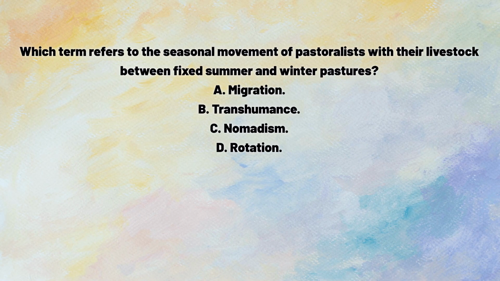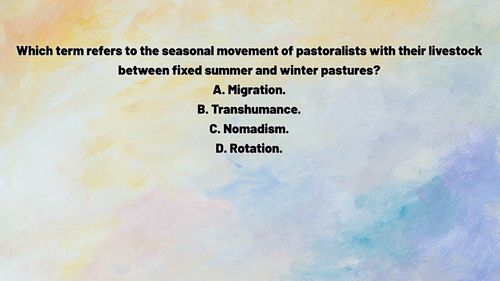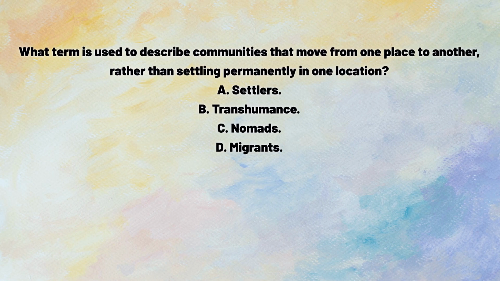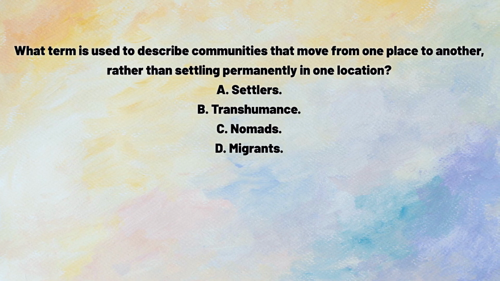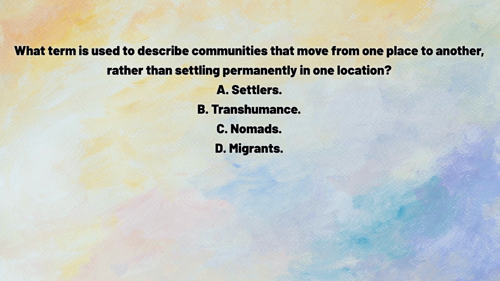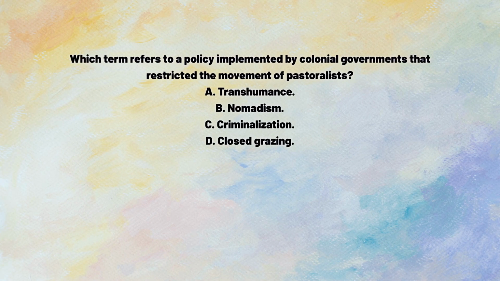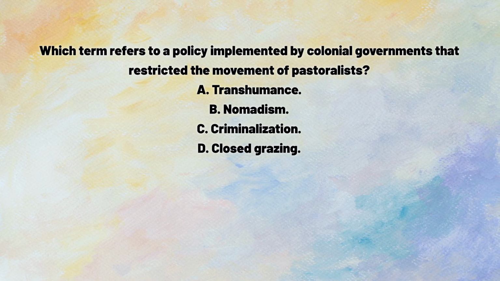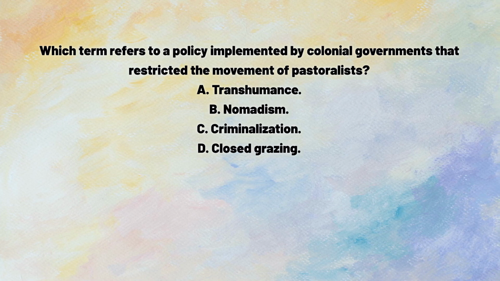Maasai. Which term refers to the seasonal movement of pastoralists with their livestock between fixed summer and winter pastures? A. Migration. B. Transhumance. C. Nomadism. D. Rotation. Answer: B. Transhumance. What term is used to describe communities that move from one place to another, rather than settling permanently in one location? A. Settlers. B. Transhumans. C. Nomads. D. Migrants. Answer: C. Nomads. Which term refers to a policy implemented by colonial governments that restricted the movement of pastoralists? A. Transhumance. B. Nomadism. C. Criminalization. D. Closed grazing. Answer: